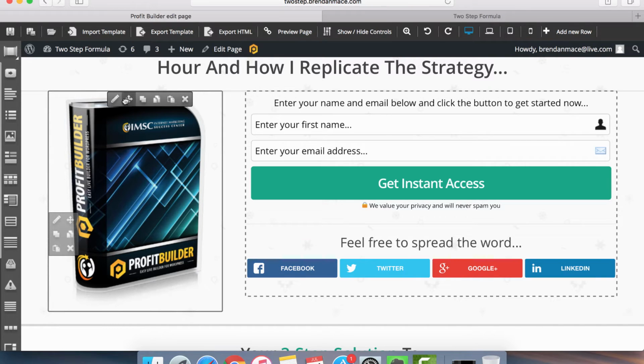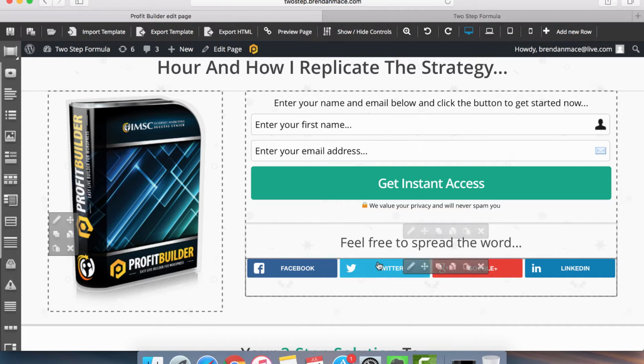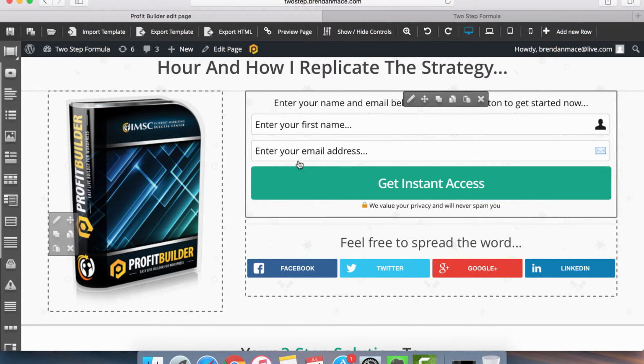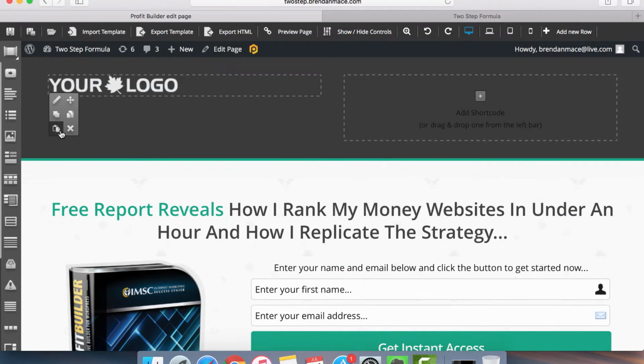If I hover over the image, I'm going to have an element editor for the image. If I hover over here for the social buttons and so on, and I always have my row editor on the left side. So row editor on the left, element editor inside of each element. Okay. Now the first thing I want you to do is completely delete this top